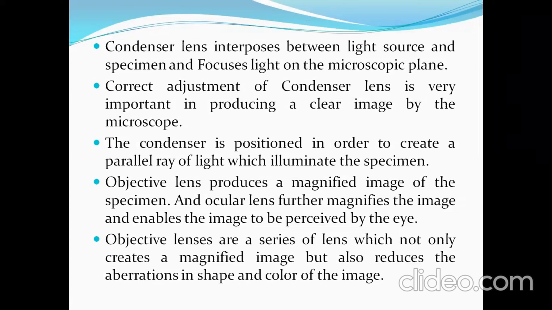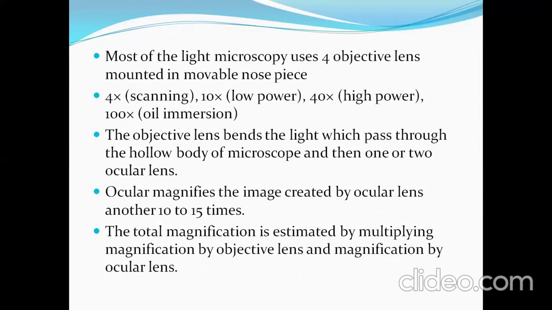Okay, and most of the light microscopes use a 4 objective lens system mounted on a movable nose piece. 4x, 10x, 40x, and 100x are there. The objective lens bends the light which passes through the hollow body of the microscope, and then one or more ocular lenses magnify the image created by the objective lens another 10 to 15 times. The total magnification is estimated by multiplying the magnification of the objective lens and the magnification of the ocular lens. Okay, so this is to some extent the introduction of this bright field microscope